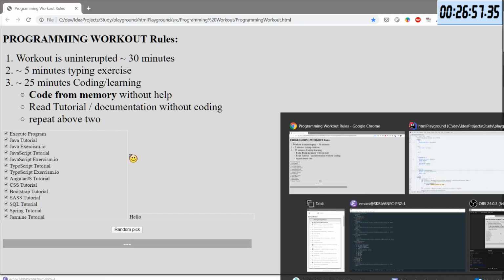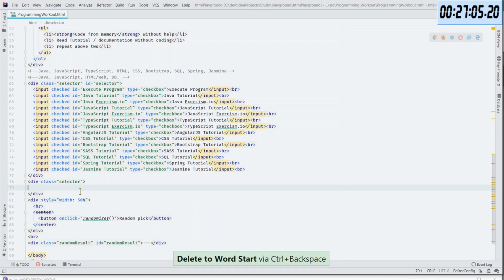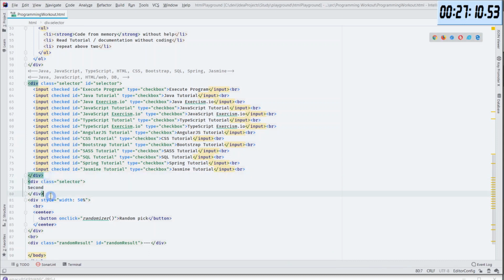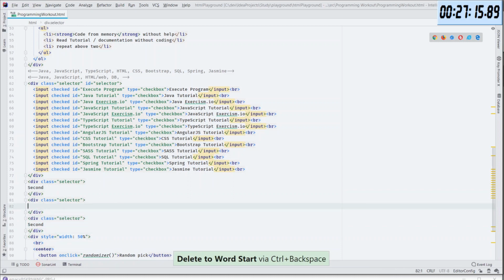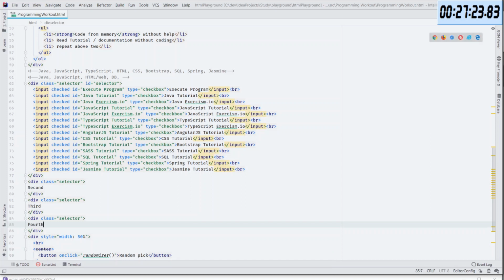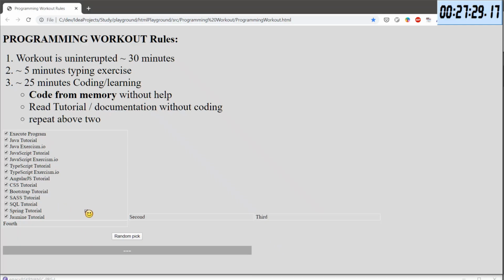Okay, and we will have a 4 in there. So I will do it like this. So this is the second, and then I will do this and this. This is the third, and this one is fourth. Let's see how it looks. And it kind of failed. It doesn't fit in here because there are something around it.